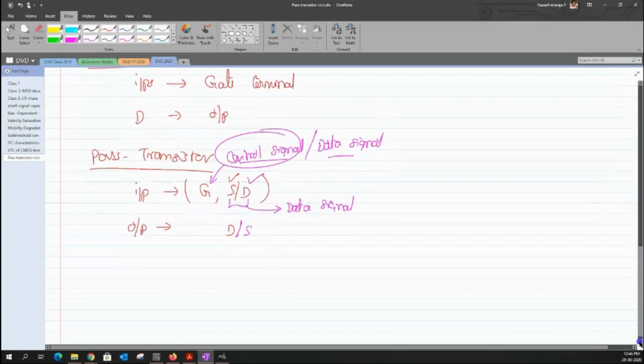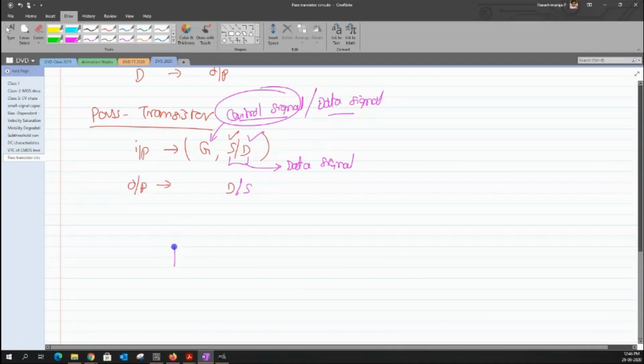Now let me pose some circuit conditions where I have the source terminal connected to the ground, and the gate connected to the VDD supply. So there is a logic value 1 applied to the gate of an NMOS structure, and we are asked to compute the value of this Vout. First of all, we have to see whether this transistor is turned on under this condition. Having this as my source, I've used my left side terminal as my source and the right side terminal as my drain, and let us see whether we have VGS greater than VT or not.